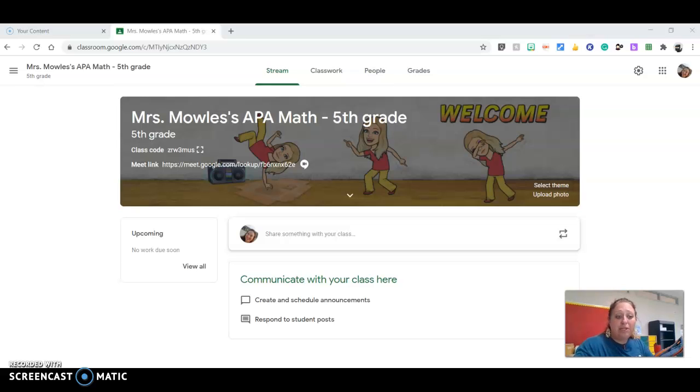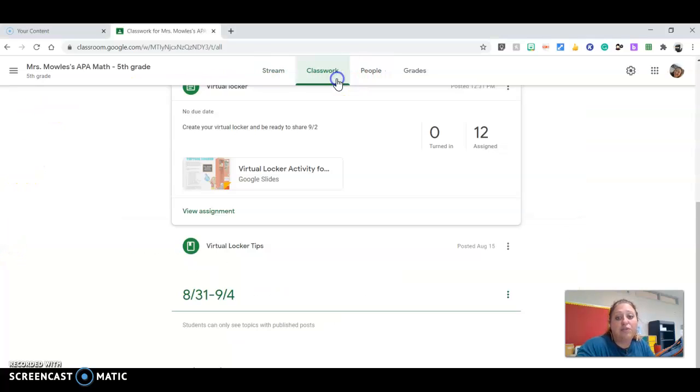So once you take a picture of a piece of paper that has your work on it, yesterday we did a spiral review where you worked a problem out. Today we did another one. I only had about 3 people able to upload a picture yesterday, so I need us to all try to get that in. So if you click under classwork,